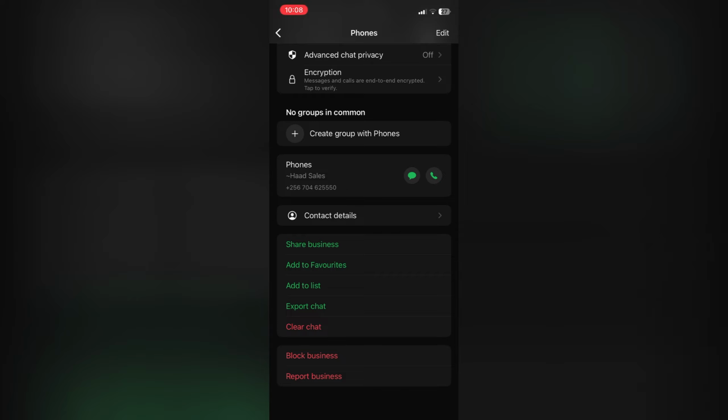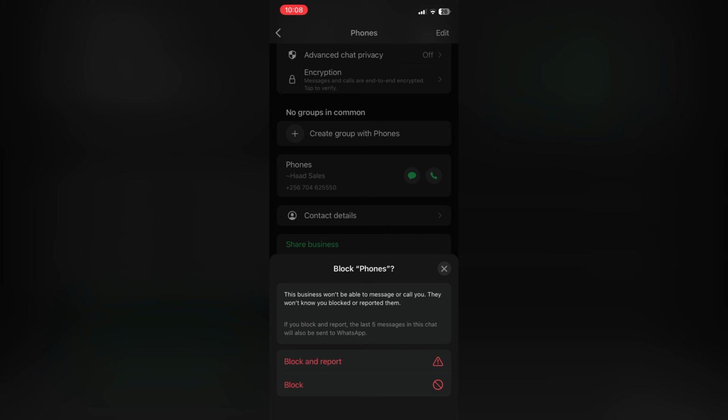Step 5. Choose Block or Block and Report. A confirmation menu will appear with the following information. This person will not be able to message or call you. They will not know you've blocked or reported them. If you choose Block and Report, the last 5 messages in this chat will be sent to WhatsApp for review. You have two choices: Block, to simply block the contact; Block and Report, to block the contact and help WhatsApp